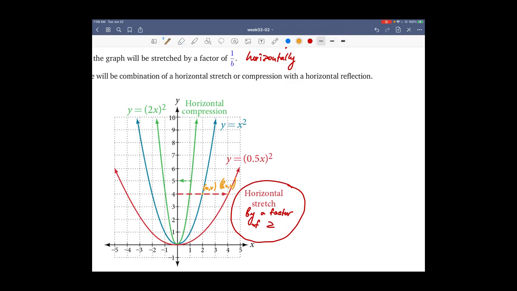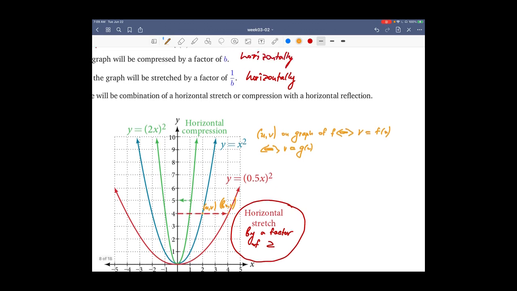So u, v is on the graph of f if and only if v equals f at u. V equals f at u. But that happens if and only if v is g at u, because g at u is